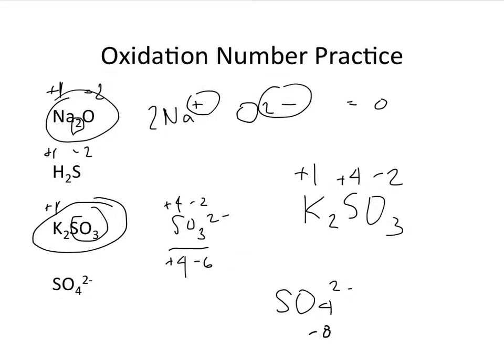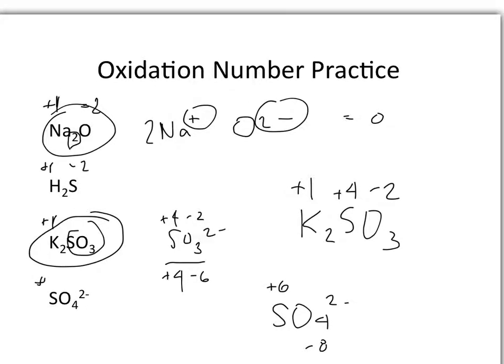Okay, the overall charge of this ion is -2. So I have to have a charge on my sulfur that balances the -8 that's coming from the oxygen, but continues to keep the overall charge of the molecule. So 2- is what I need. So +6 is what we're going to have here as our oxidation number, because +6 minus 8 is going to give me -2. So in terms of assigning oxidation numbers, we're going to have +6 for our sulfur and -2 for our oxygen. And the sum of those with respect to the individual atoms present gives you an overall oxidation number